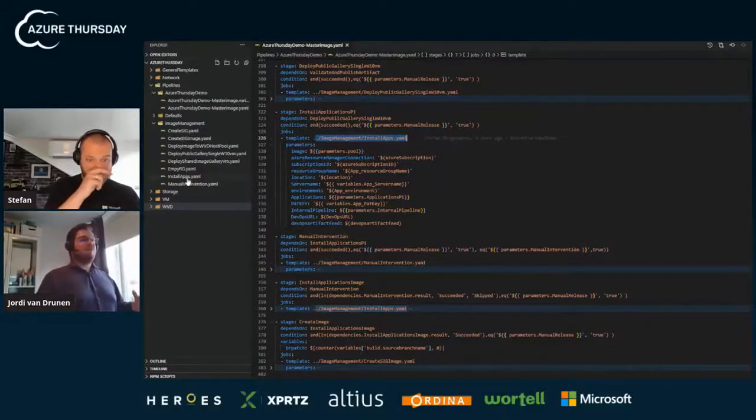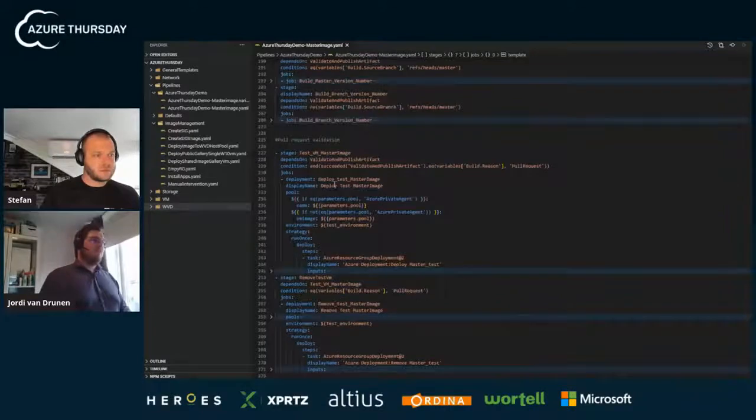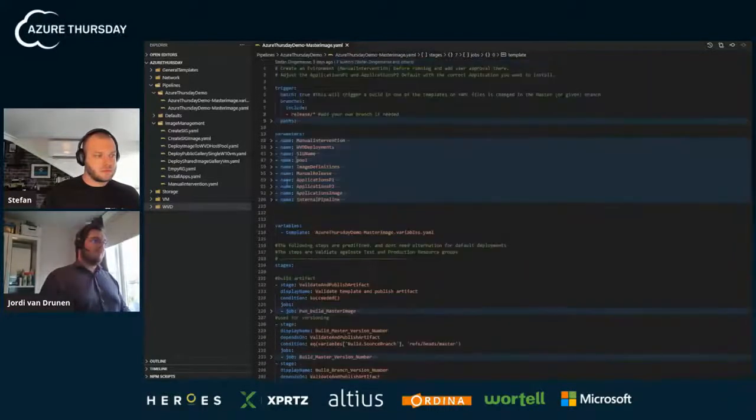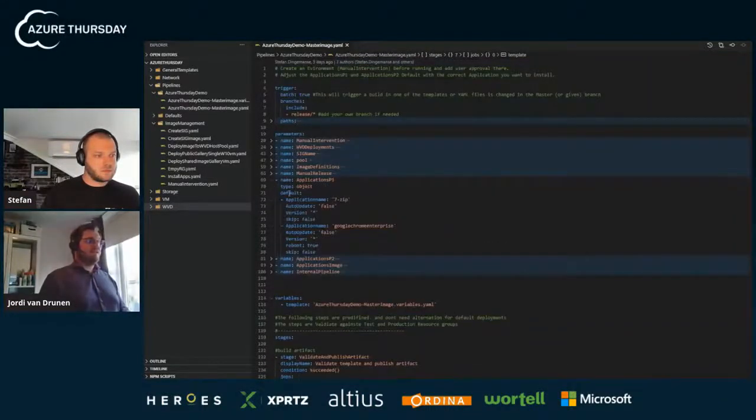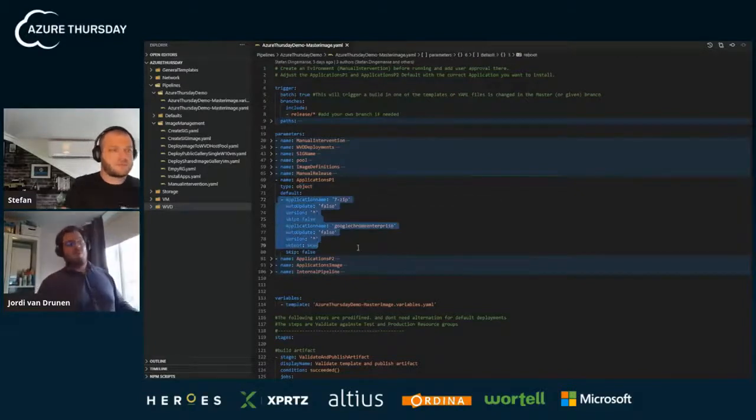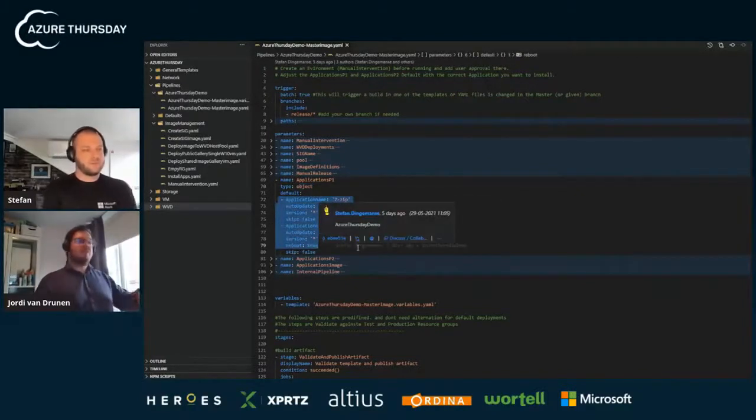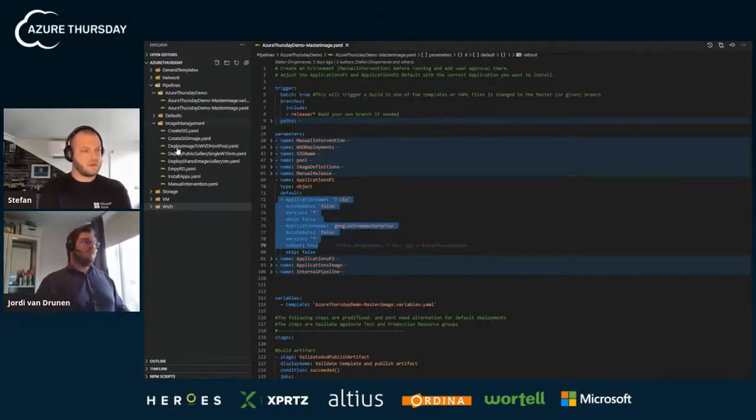And why is it so powerful? Because I'm giving objects to the template. When I'm looking at the parameter from the pipeline and the applications, you can see that it's an object. And with objects, just like PowerShell, you can loop through it. So a for each loop will run the template every time there's an application here. So when I go to install apps,